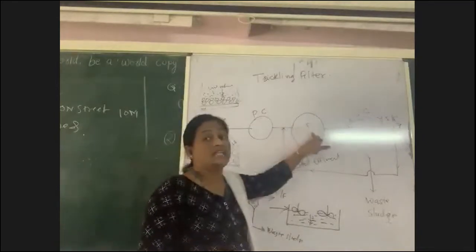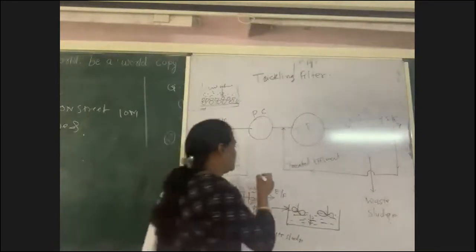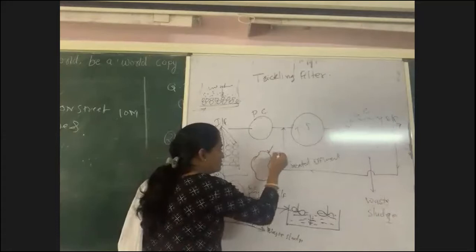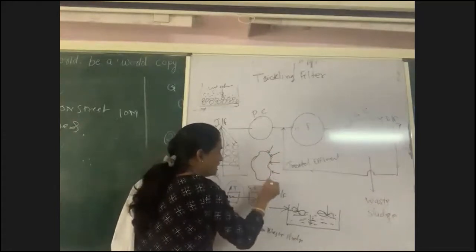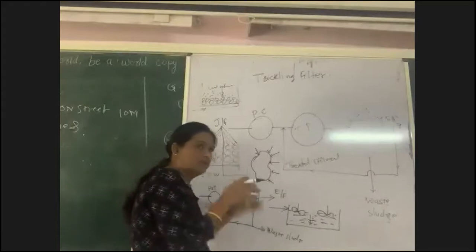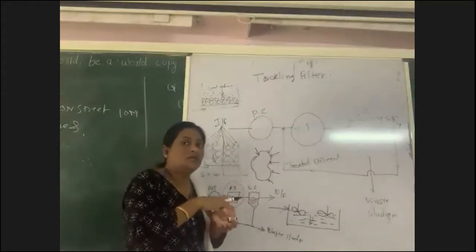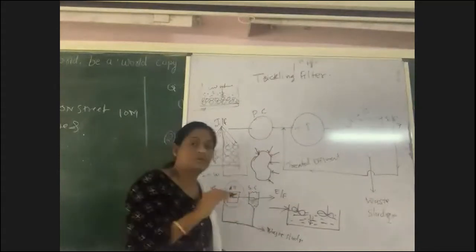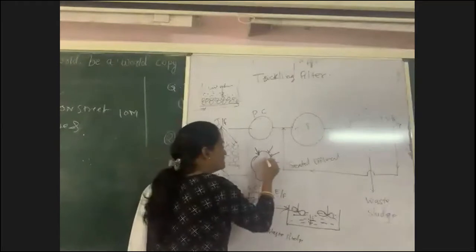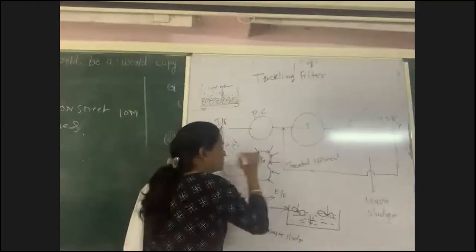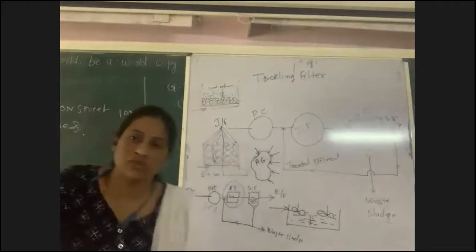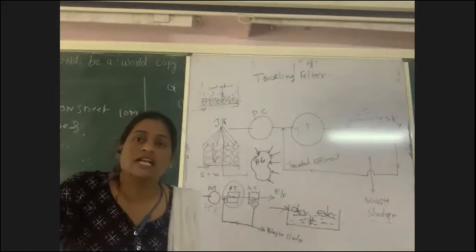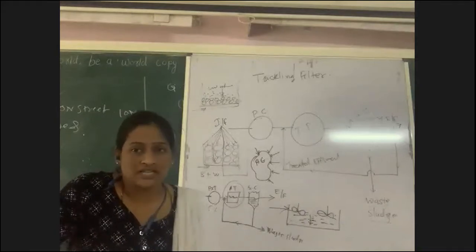And this one is the attached growth process. What is meant by attached growth process? This is a particular sand or a rock, and the microorganisms attach to it from different directions and hold on to that rock to grow themselves. That's why it can be identified as an attached growth process. Remember this for MCQ type questions: the activated sludge process is a suspended growth process and the trickling filter is an attached growth process.